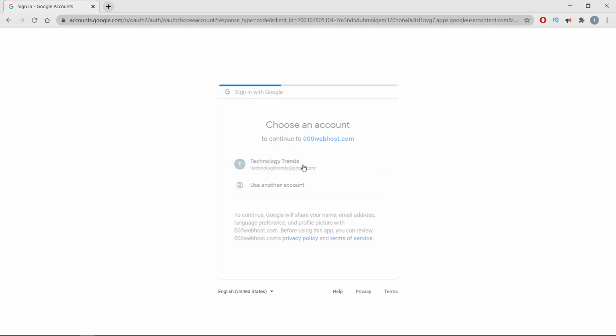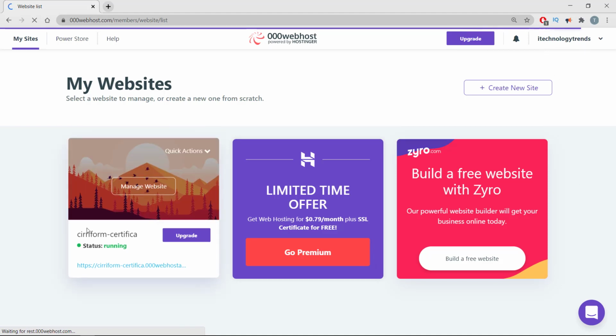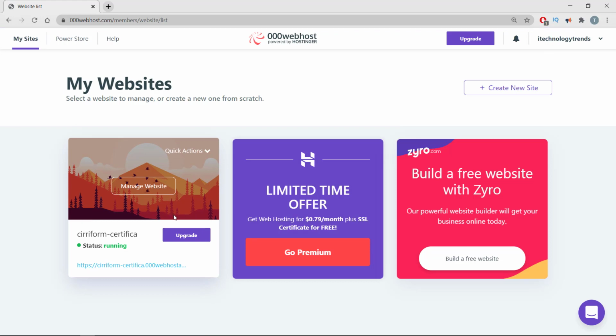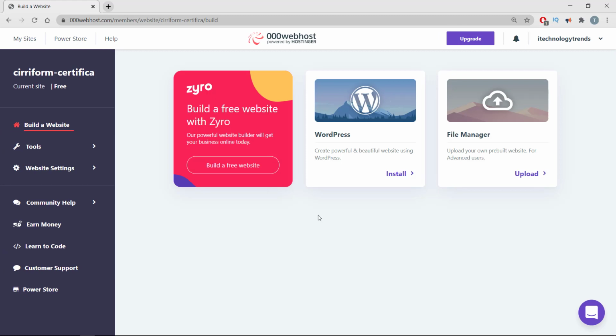I'm selecting my account. Okay, great. My account is ready. As you can see, it is iCyberTrends, and I'm going to manage my website settings by opening this panel and managing website. Once I click here, this will open this submenu. As you can see the WordPress, but before installing WordPress, I'm going to set my URL, and that will be a shortest URL that I'm going to use in this video series.